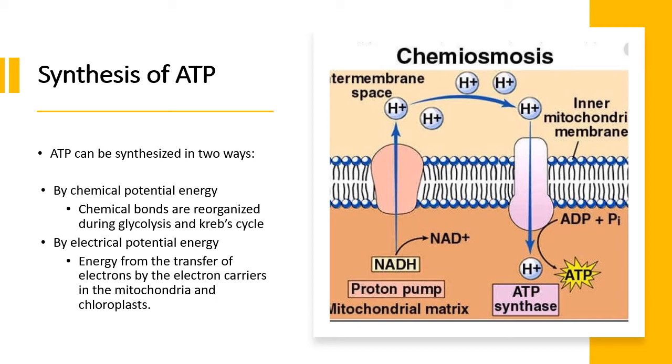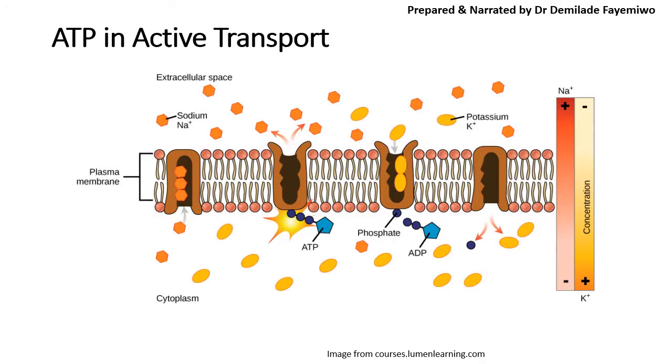I don't want to go into chemiosmosis in detail in this video because we have another video where I do. But I just want to let you know that chemiosmosis involves the transport of electrons in the mitochondria, and in the chloroplast if you're dealing with plants. By moving those electrons around, you're able to release energy that is then used to form the ATP that you need to form. It also involves the transport of protons. So I don't want to go into too much detail here because I think in our next video, we will be able to discuss it.